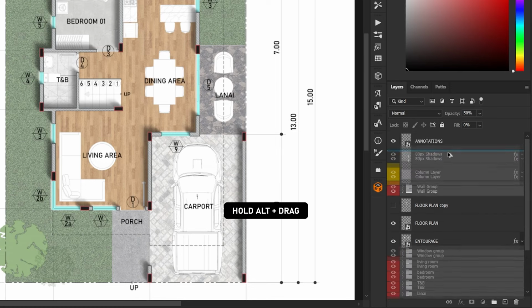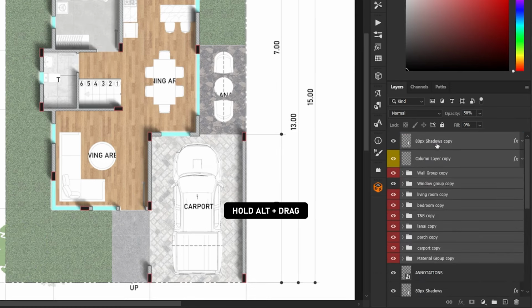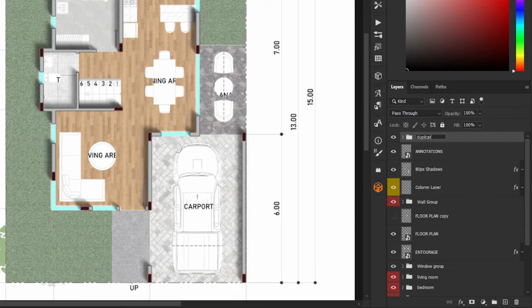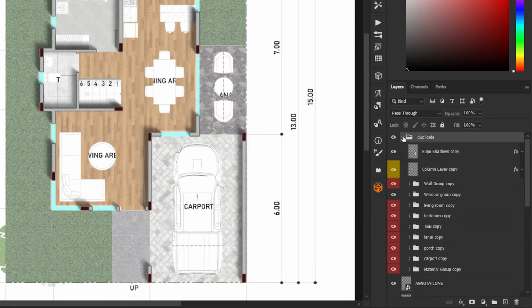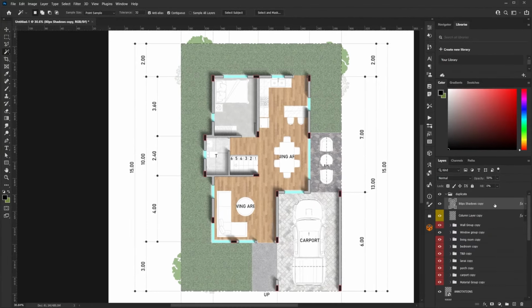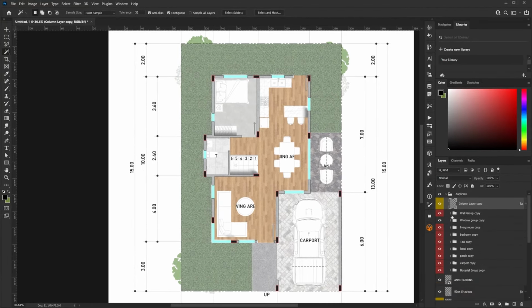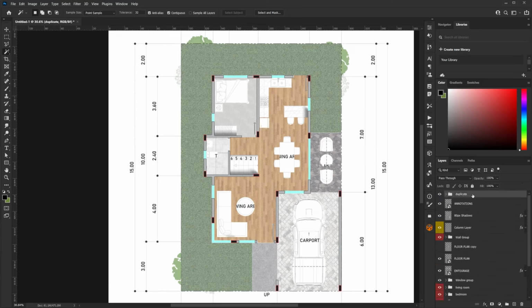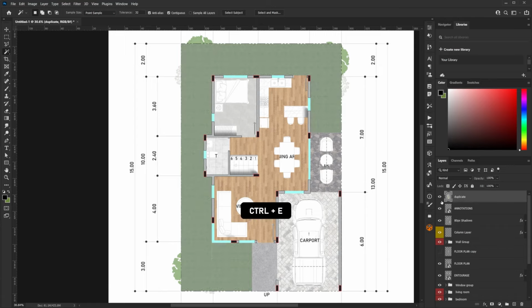Now, while holding the Alt key, drag the layers to the top to create a duplicate. We will just group these layers to avoid confusions. Next, under these duplicated layers, we will delete all the layers of the shadows, so it would look like a flat drawing like this. Now, select all the duplicated layers again, then press Ctrl E to merge all of these